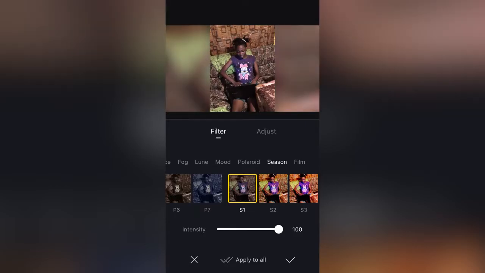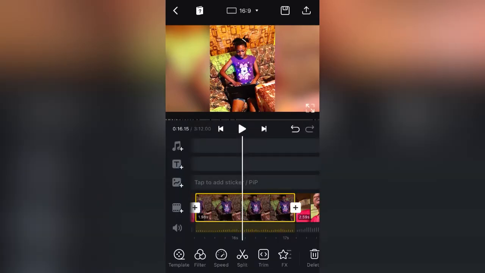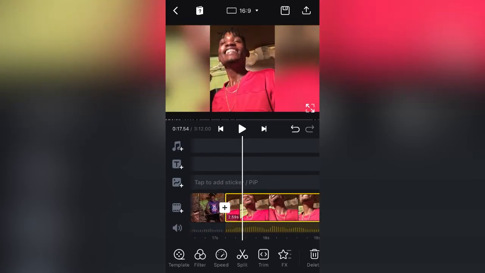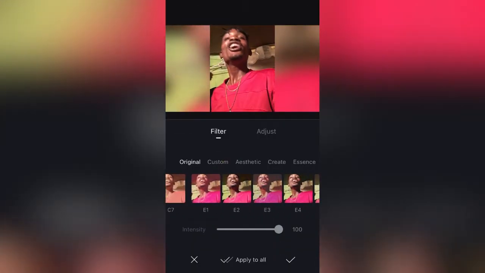I might not add the S1, 2 or 3 because sometimes it's too bright, but there are other filters there that highlight what you want it to, but I prefer the S2, the S3, and the S4. I don't really use S1. S1 doesn't really brighten anything, honestly. It just sharpens the cut a little bit. I'm not even sure if that's what it does, but